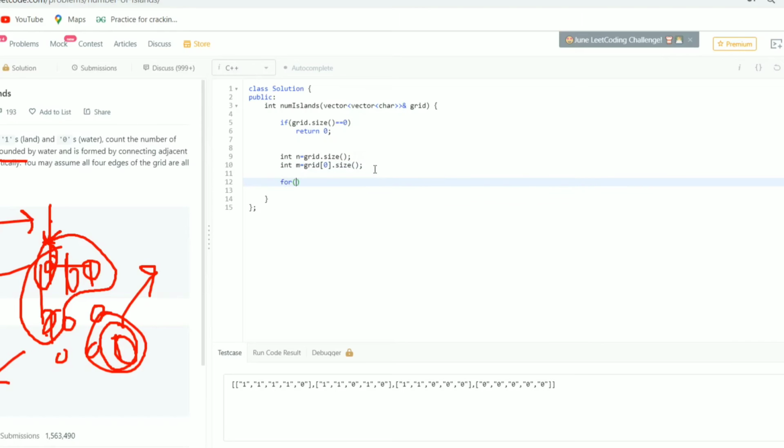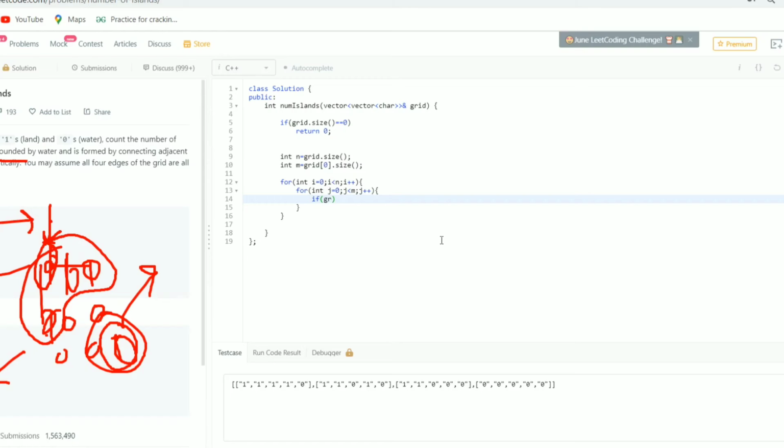Now I'll use a for loop and search for our first occurrence of 1. I'll be traversing this in row and column manner, and we need to extract the location where the value is 1. Suppose this is a matrix, we will start traversing from 0 comma 0 and this 0 comma 0 contains 1, so we will call DFS for this location.